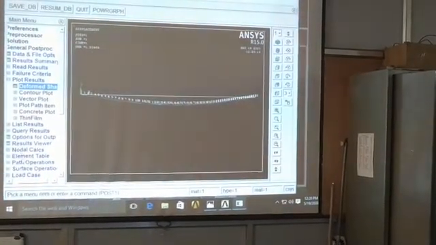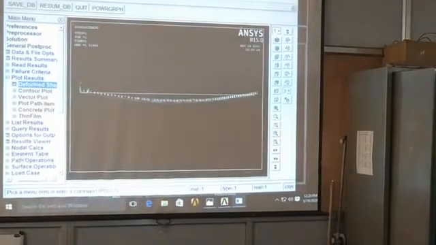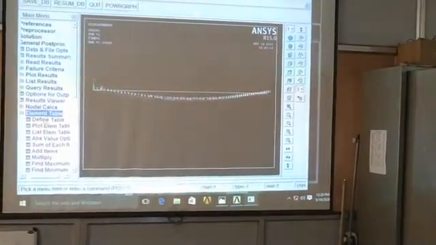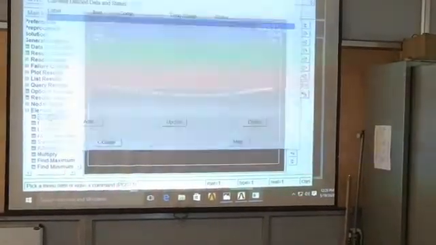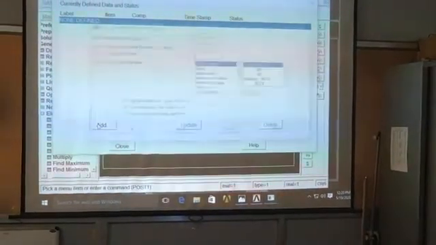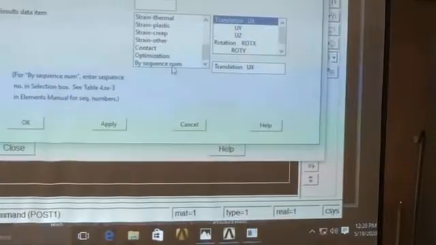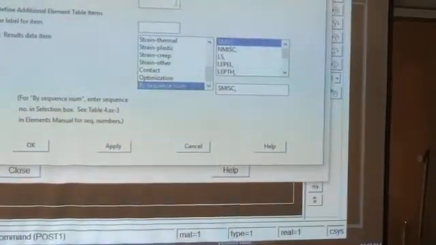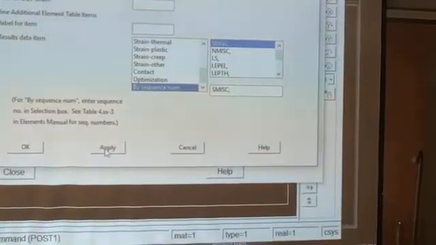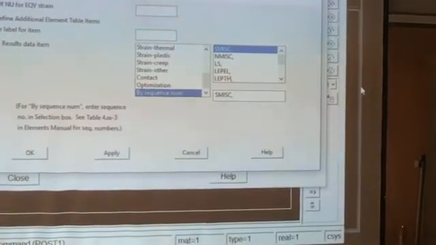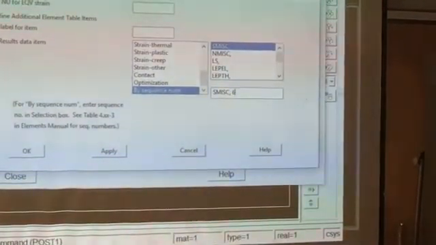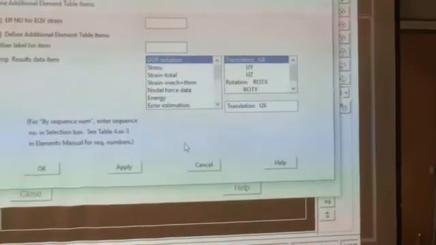Then next, you have to create the element table to get the SFD and BMD. For that, go for define table, add. In that, first one, you have to select by sequence number SMISC 6, these are the codes you have to enter.